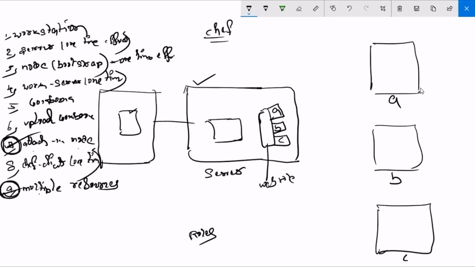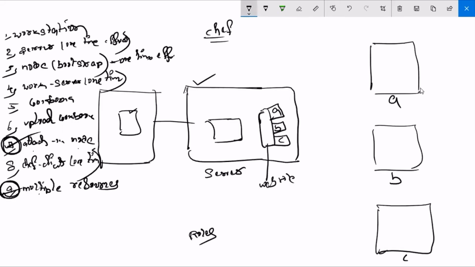Only one time effort. Just like whenever you bootstrap, today you purchase a server. You bootstrap that server, that node. You bootstrap that node, you automate chef client, and you attach that node to a role. That's only one time effort. Fine. So like this, you attach all nodes to the role. That is one time effort. So now onwards, what do you do?